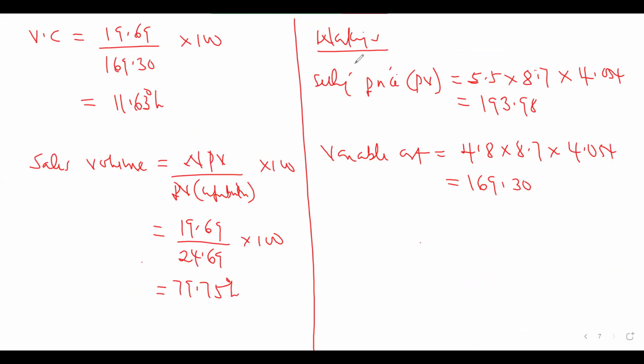79.75%. Okay, what is the meaning of this? What is the interpretation of this? This is contribution. This is like revenue. It means when revenue falls by 79.75%, the NPV will be 0. So you can also try that by reducing your 24.69 by the percentage there. If you reduce by that particular percent, we are going to be having 19.69, isn't it?